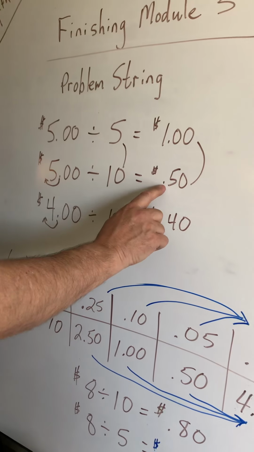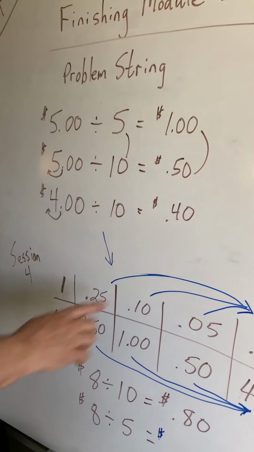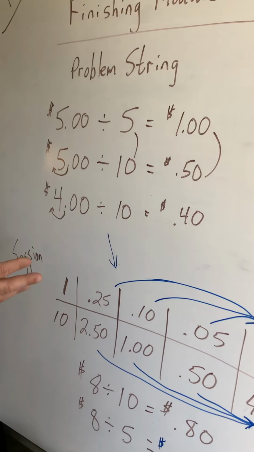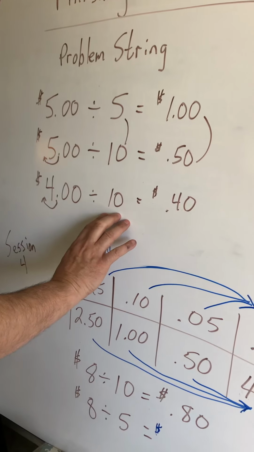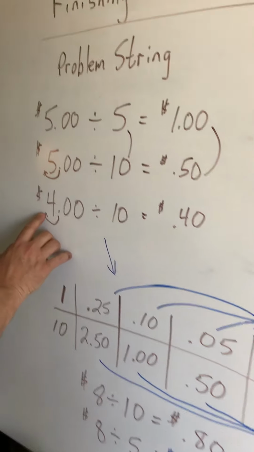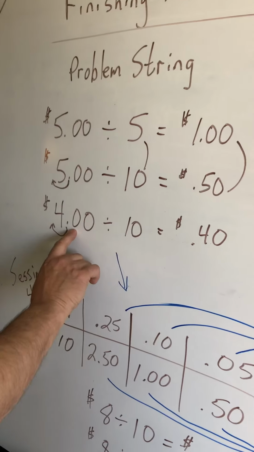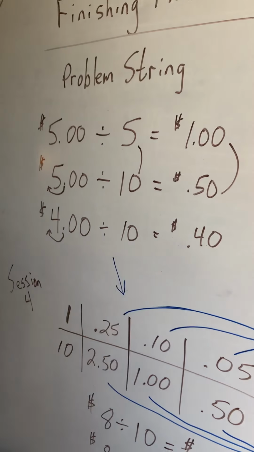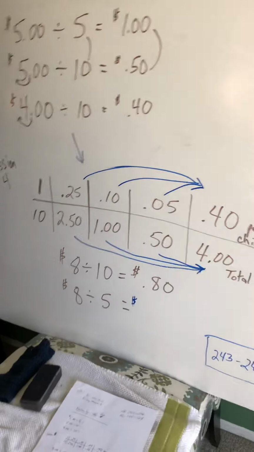Okay, so 0.50, 50 cents. And then if you think of that same thing, we've got $4 and 10 people, okay? That's going to be 40 cents. Decimal over 1, 0.4, and the 0 for the cents, 40 cents, okay? Now, down here, they bring it down